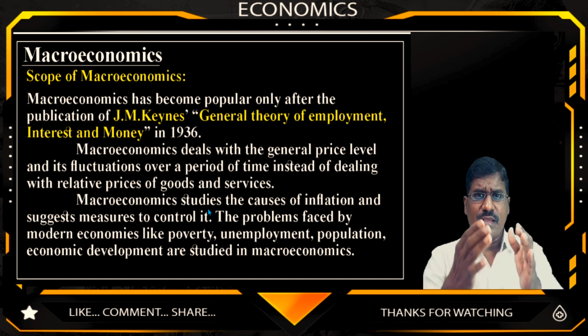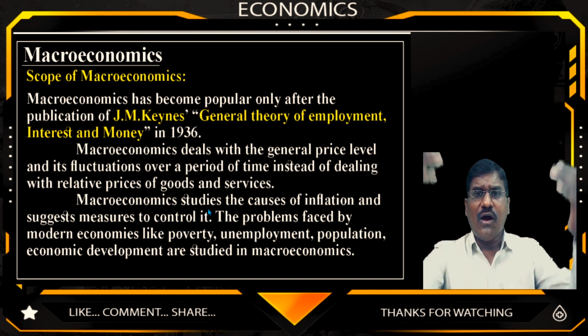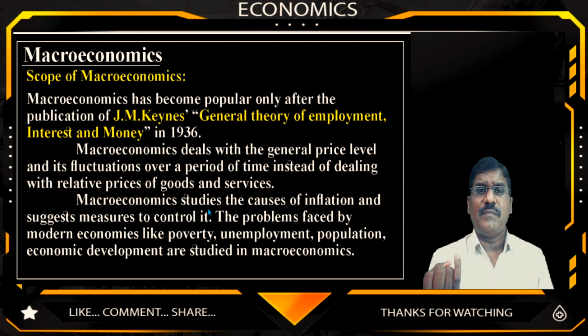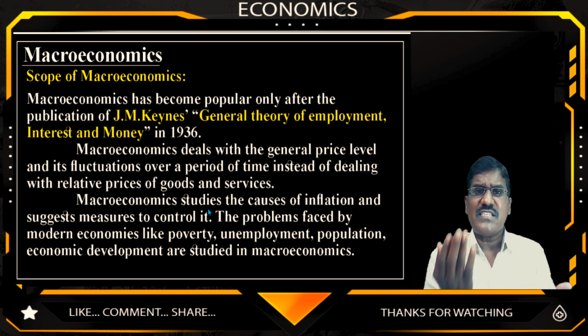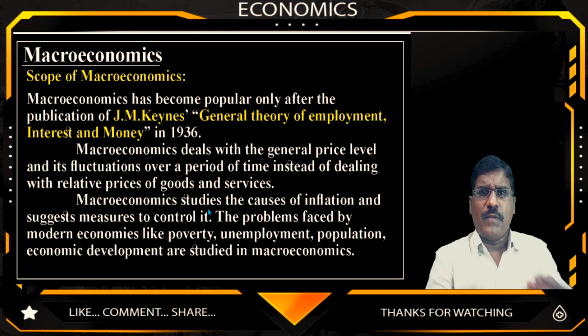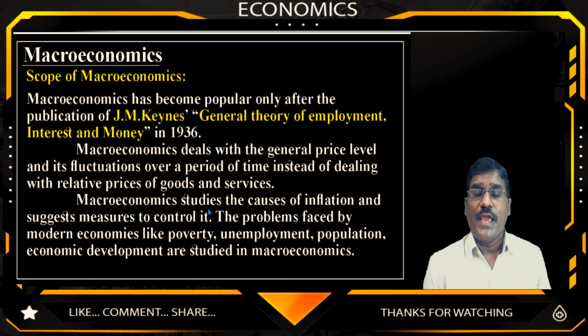So what is the country's position? What are the measures to be taken to reduce the long-term diseases, the chronic diseases? Unemployment is there, poverty is there, heavy population pressure is there, regional imbalances are there, and income inequalities are there. So these are the problems faced by the government of India. If you reduce these long-term problems, these chronic diseases of our country,